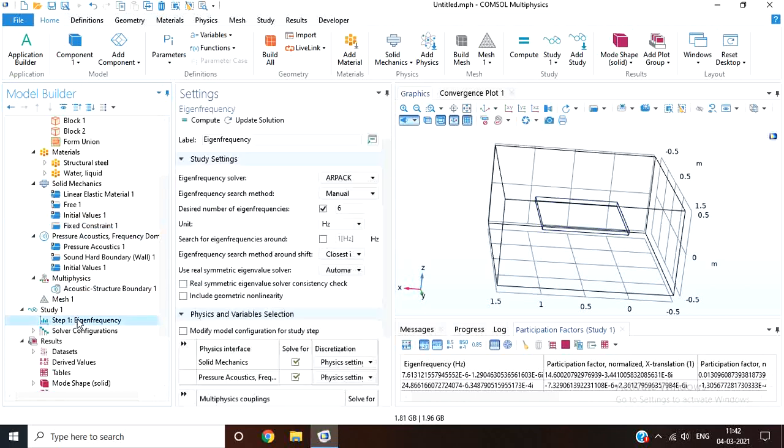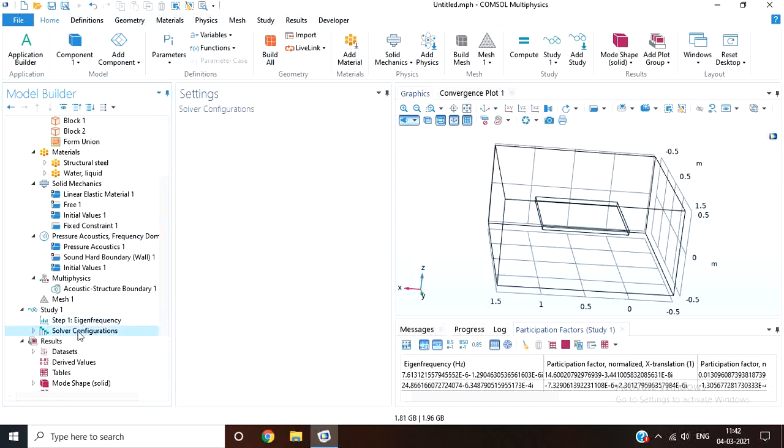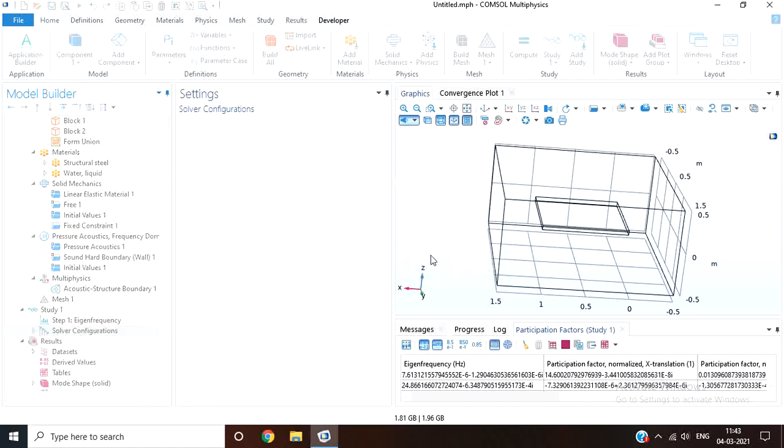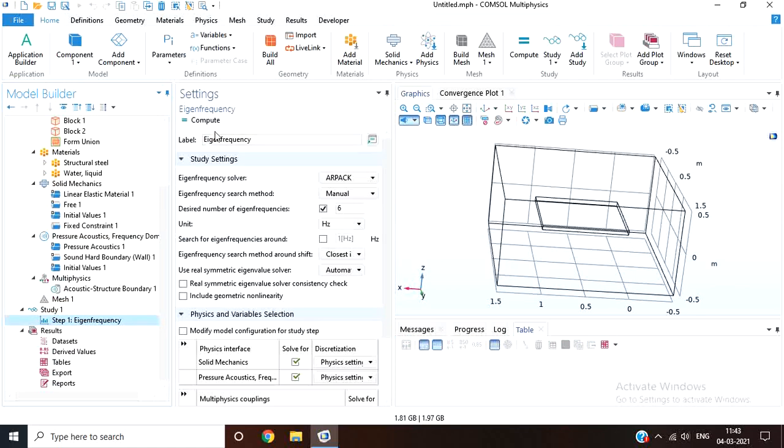Now let's compute the eigenfrequency. First delete the solver configuration and compute.